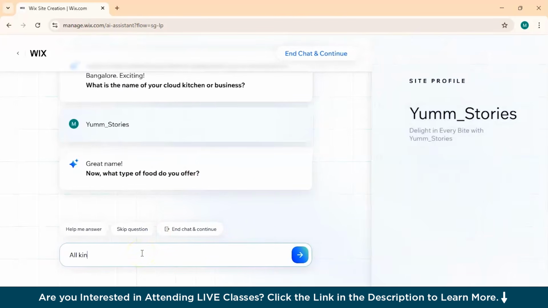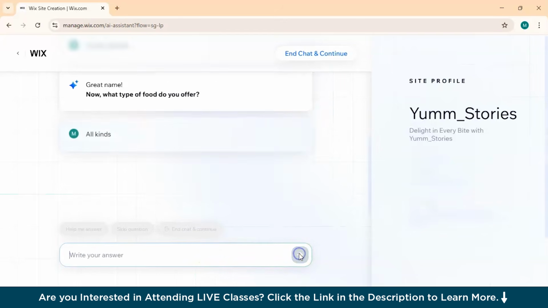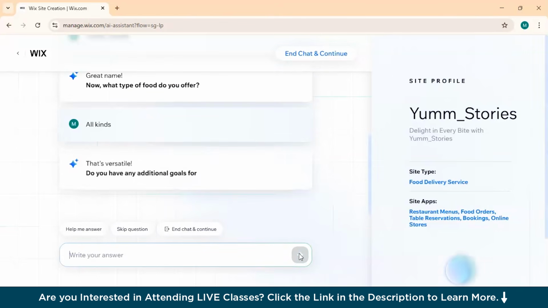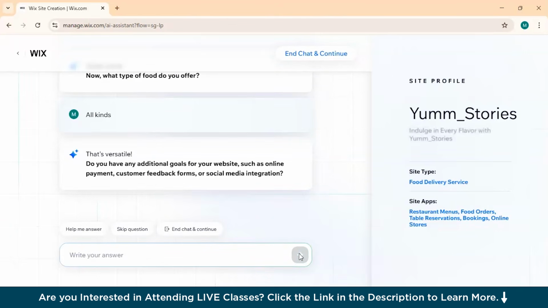All kinds, from Indian to, let's keep it to all kinds. Let's see. And in the right hand section, when you see, it is actually making one rough for itself. That's versatile. Do you have any additional goals for your website, such as online payment, customer feedback forms, or social media integration? Yes. Online payment